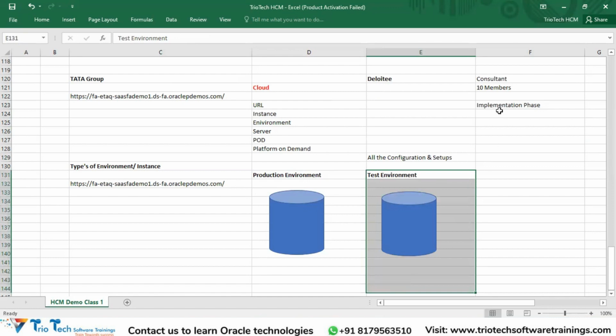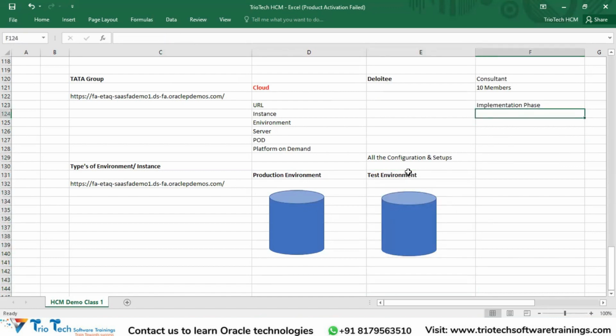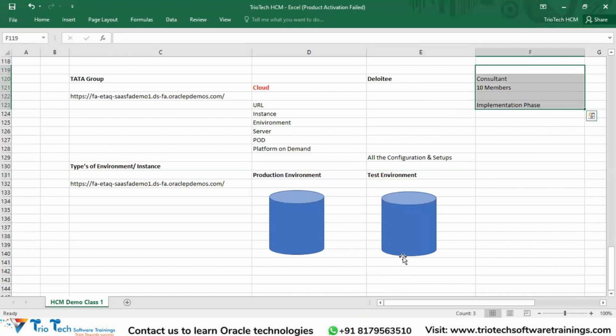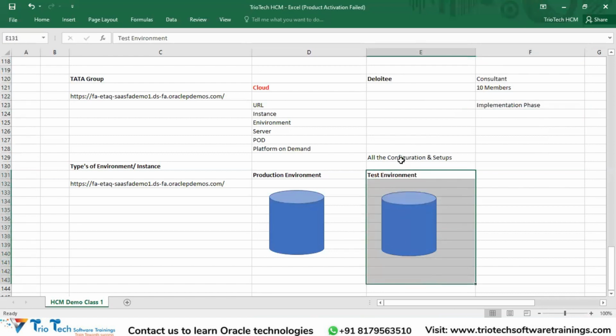So during the time of implementation, during the time of configuring the system, the client will give access to the test environment to our team. So first we will be working in the test environment. All the configurations we will do in this particular test environment, and we will present it to the client. Once the client has tested all the setups that we have configured in the system, and if the client is okay, yes,